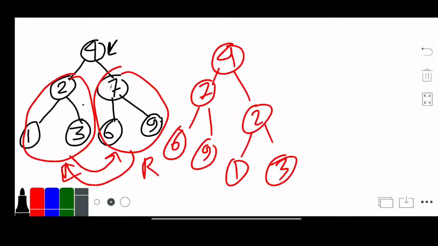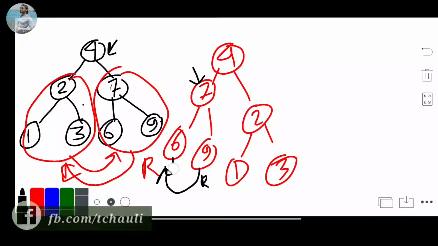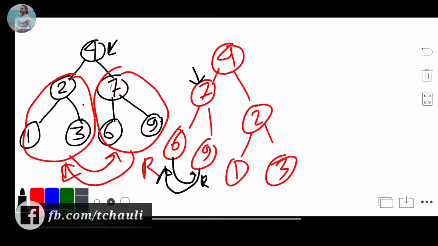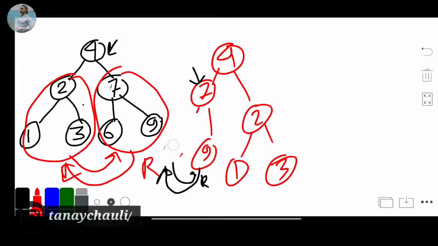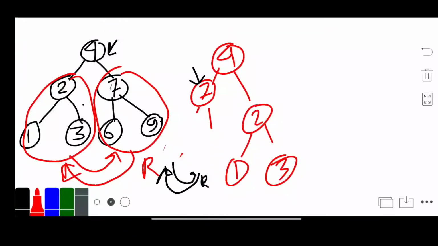Now we move to root dot left and make it the root. So now our root is 7, our left is 6 and right is 9. Again we do the same: we move left to right and right to left, giving 9 and 6.